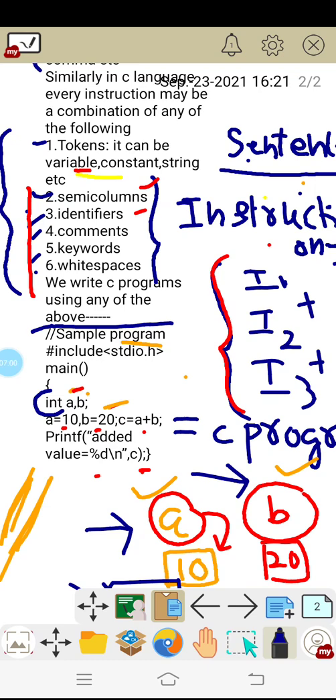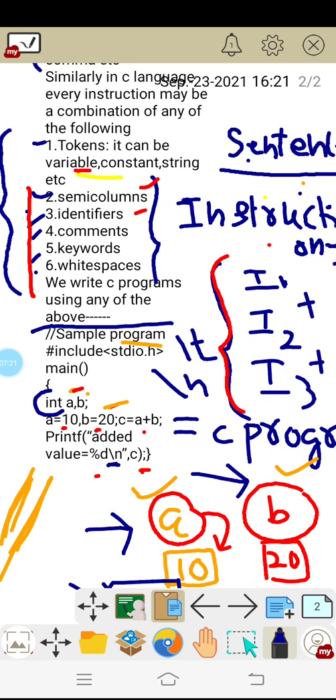Next one is the white spaces. White spaces means backslash n. Whichever consists of backslash, like backslash n, backslash t, all this is called white spaces. You remember only this much.